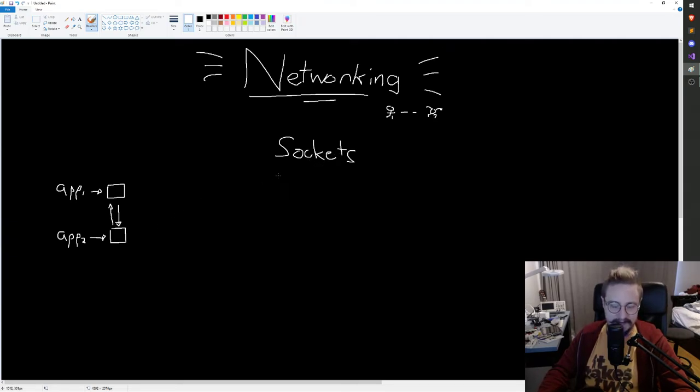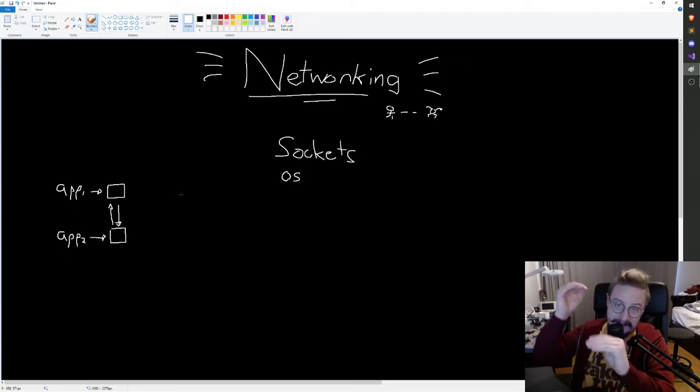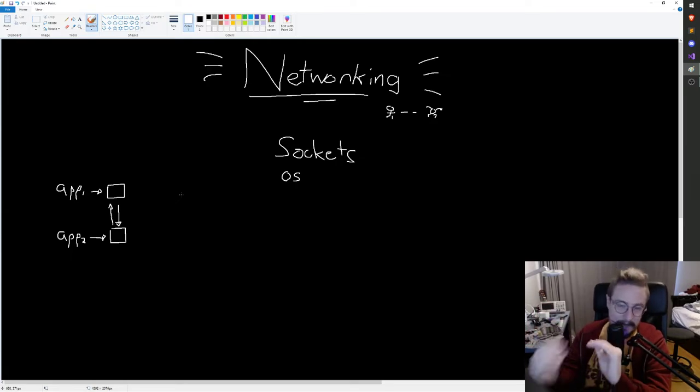Now, sockets aren't language specific, so they aren't specific to C++ or C# or Python. It's an OS specific feature. So it's a way for a programming language to communicate with an operating system. On the operating system level, it will open up a socket, and then we can use that socket in the programming language. So the knowledge that we will learn through this course won't be specific to C++ or anything really. If you're using C# or Python or Ruby, you'll still be using sockets. It's still the same thing, it might just have some programming language layer on top of that.